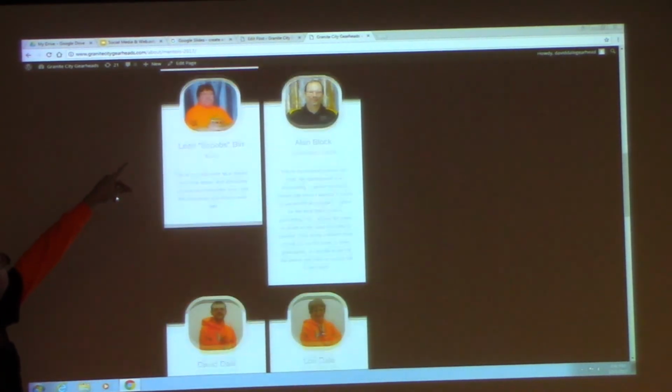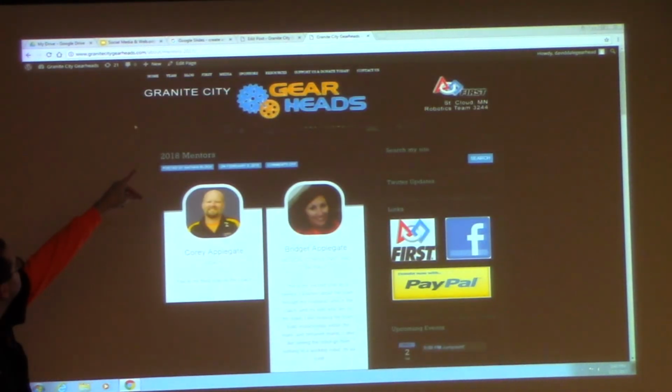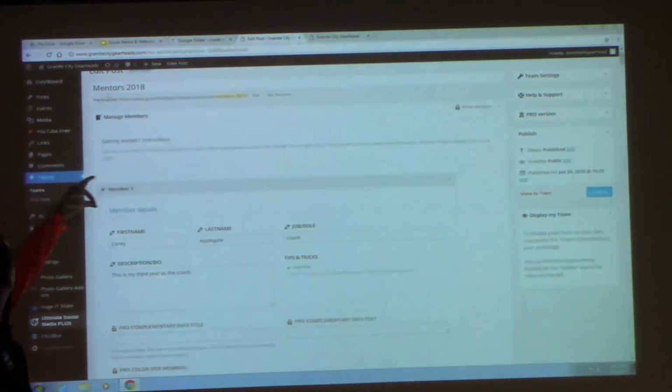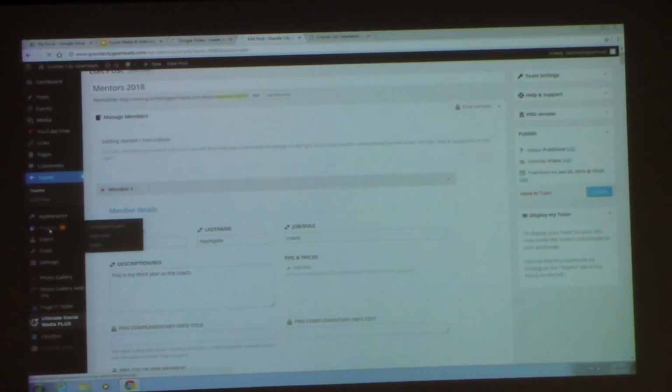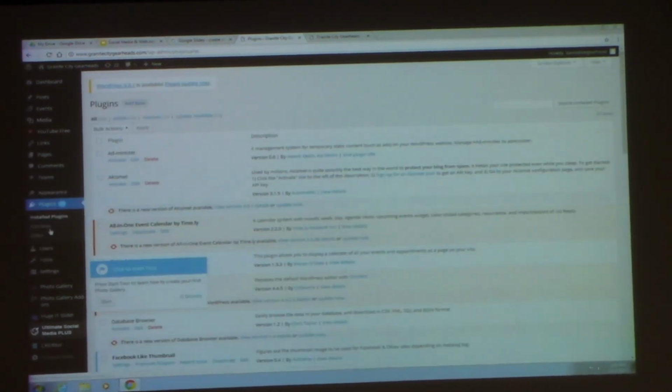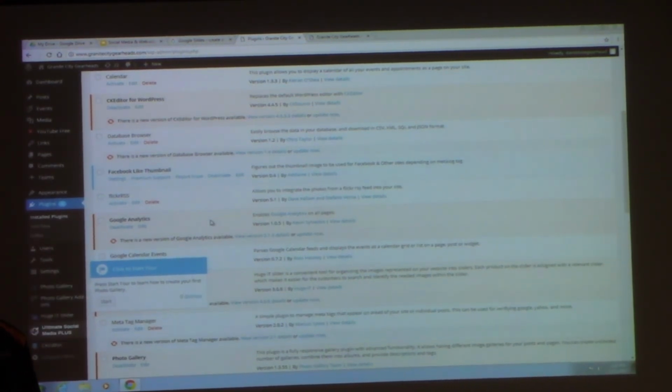And if we go back to the post edit thing, the other tab. So if we look in plugins right here. Go down to plugins. I'll show you the plugins we use for some of those. So Google Analytics, this is a plugin that just adds the Google Analytics to every page on your site.